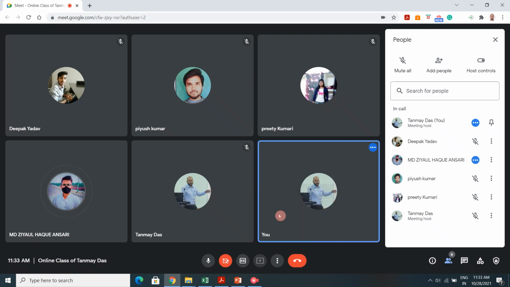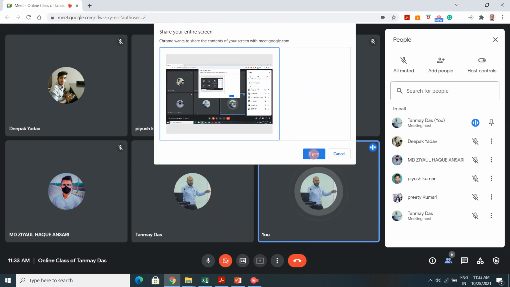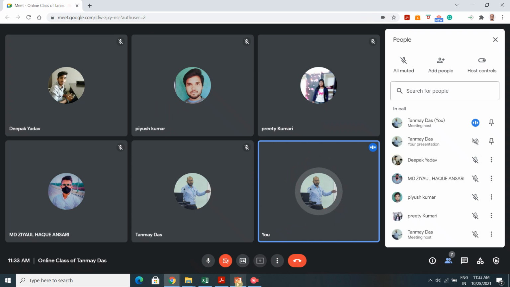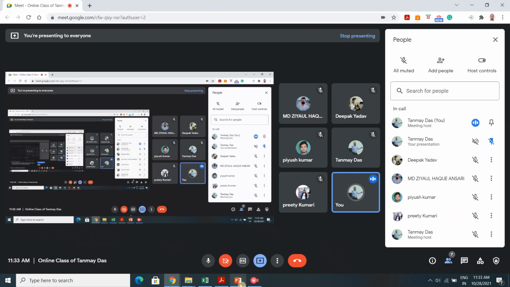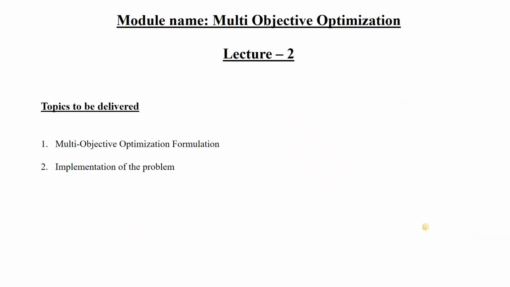In the previous lecture we discussed, because today the class is regarding soft optimization techniques. In the last lecture we discussed the basics of the optimization technique, and the module that I have started for this semester for this subject is multi-objective optimization. I discussed the basics of multi-objective optimization, how it is different from single objective, and what problems we generally come across when dealing with a multi-objective optimization problem.